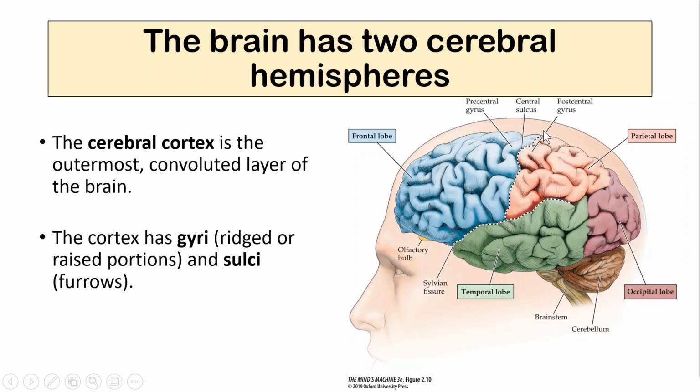For example, there is a division, a sulcus, halfway through the brain, which is called the central sulcus. It divides the front part of the brain, called the frontal lobe, from the back part of the brain, called the parietal lobe. And this central sulcus has a major gyrus in front of it called the precentral gyrus. That's before the central sulcus, so the precentral gyrus, and that's actually a main motor area, and we'll talk about that at length. There's also the postcentral gyrus, which is located on the gyrus behind the central sulcus,